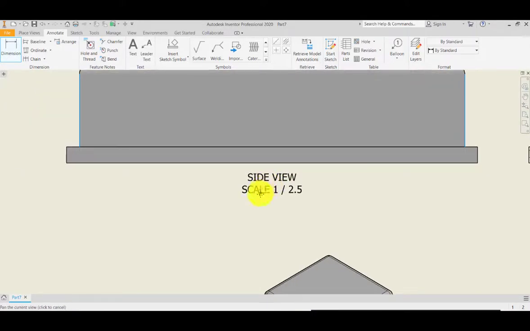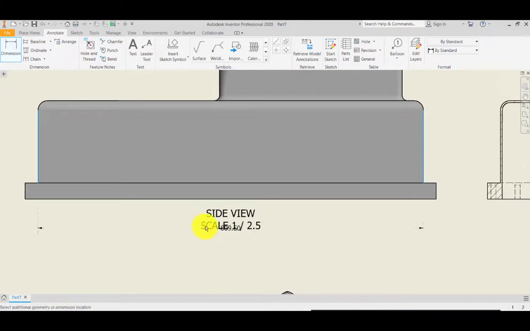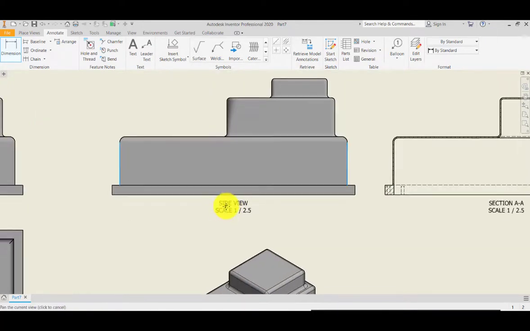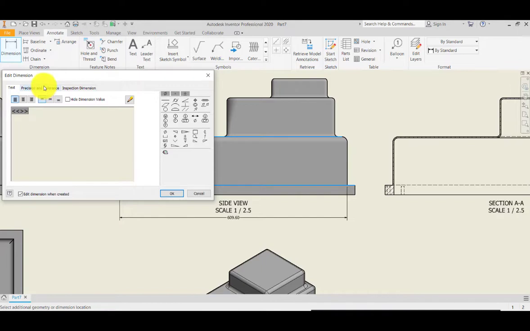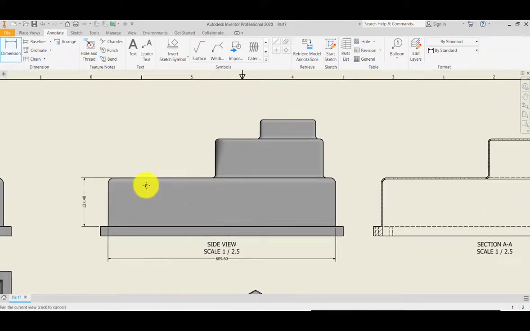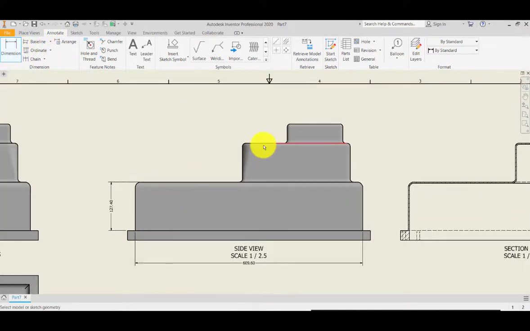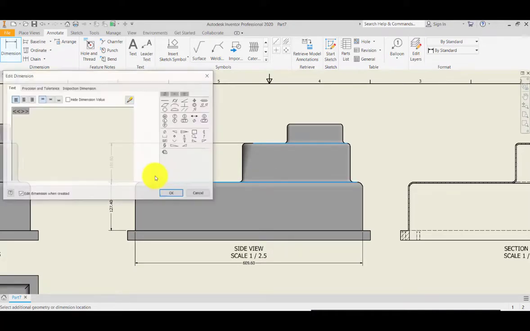Again, this is simply the same dimensioning that we have done in the solid modeling. This is a simple demonstration of this one. Giving that one, then clicking OK, and the same also, giving that distance. And here you can also add the precision and tolerance, if required or needed. For now, we just give the simple dimensions of our part file to represent our